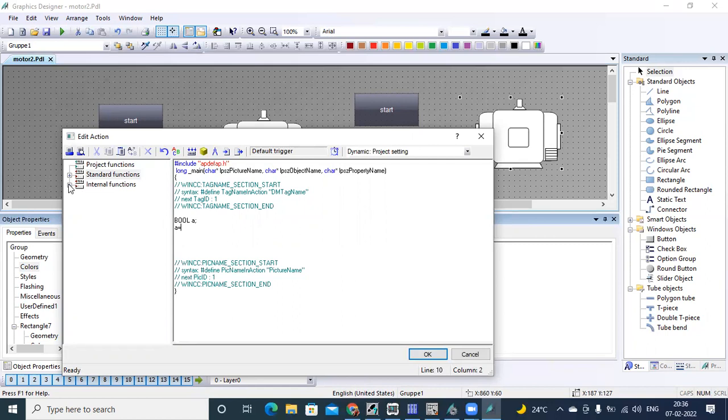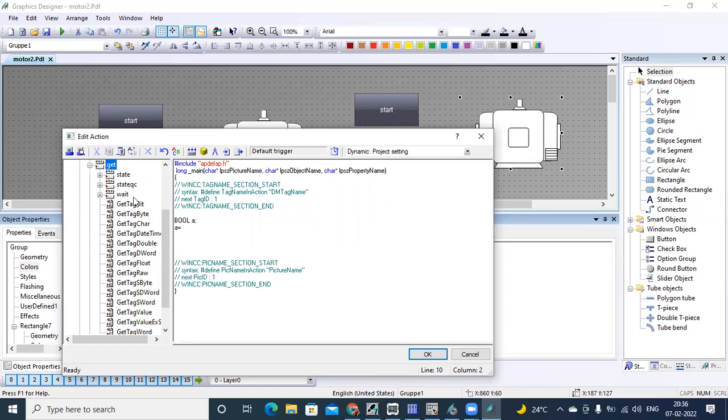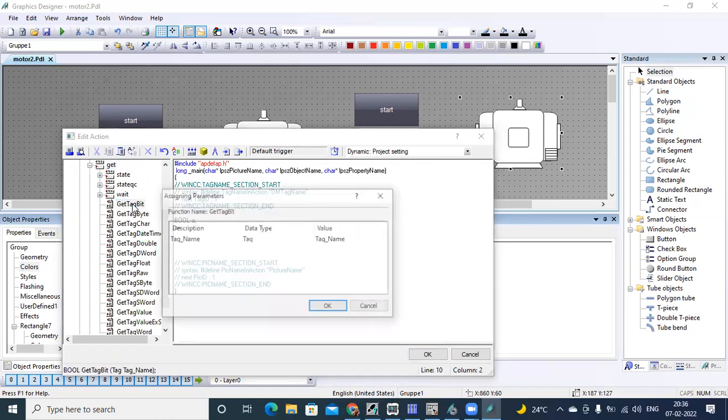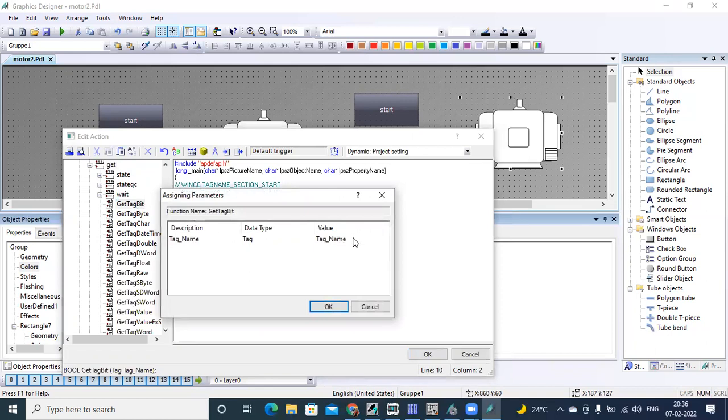That means when that tag goes to 1, we need to read that status. For that, go to internal function, tag, get tag bit. When you double click here, it asks which tag status you want to get. Search for the tag, select your tag here, then say okay.